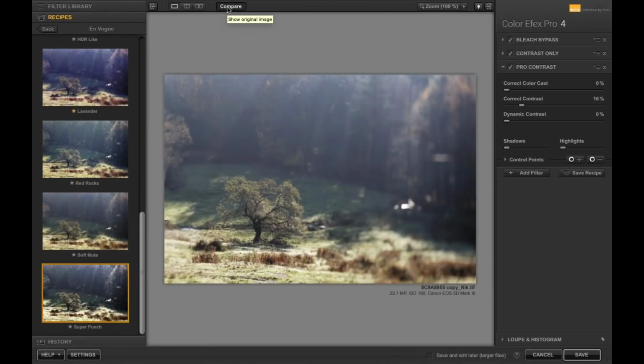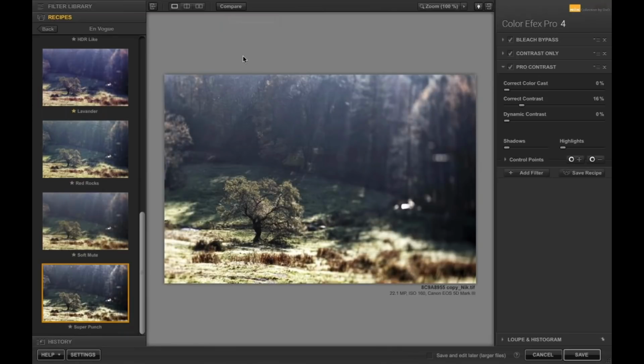And then as I let go of the compare button, you're going to see the Super Punch preset applied. So I like what it's doing overall with this additional contrast. It's just too strong in my mind. And I also wish I had a little bit more color, right? So what we can do whenever you click on a recipe is go into the filter set and actually adjust